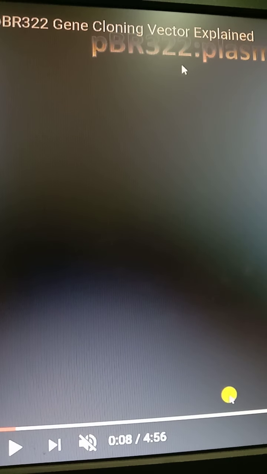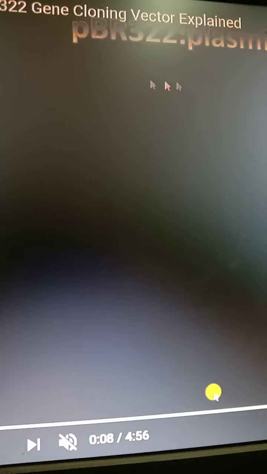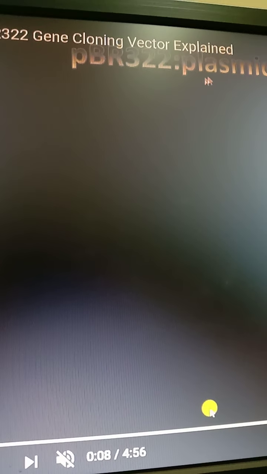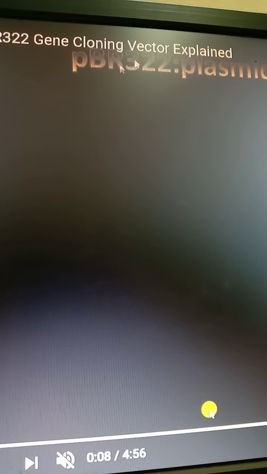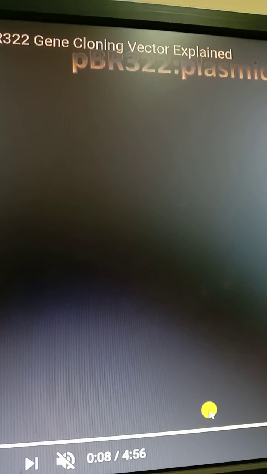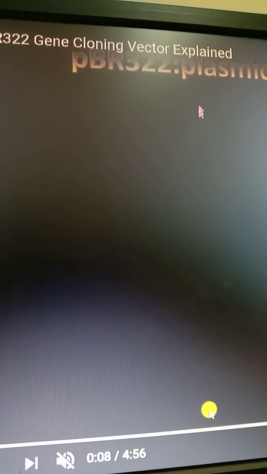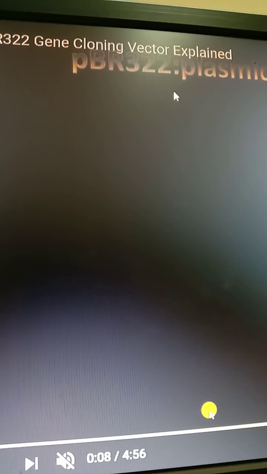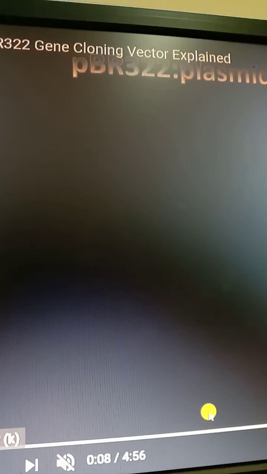We will take pBR322 as an example of a cloning vector. Here pBR stands for plasmid from Bolivar and Rodriguez, and this is the first constructed vector. Constructed vector means artificially synthesized. They are not naturally available directly, but it is an artificially synthesized plasmid vector.